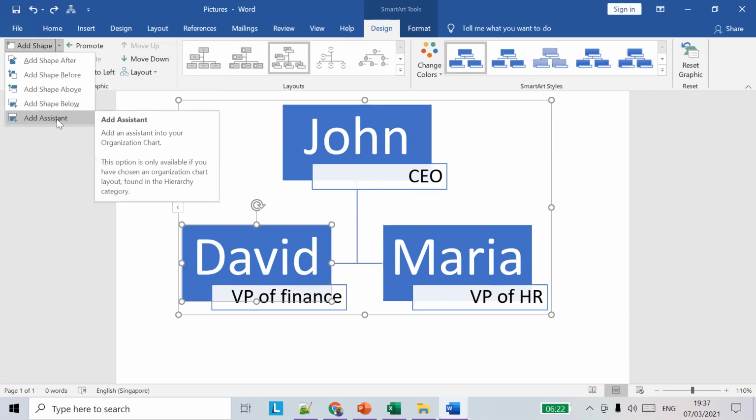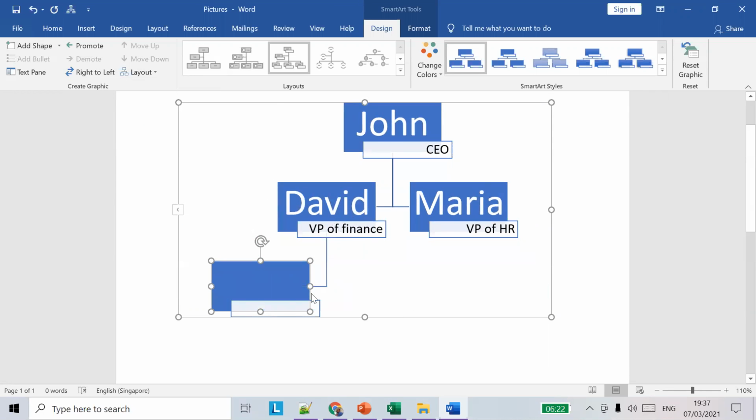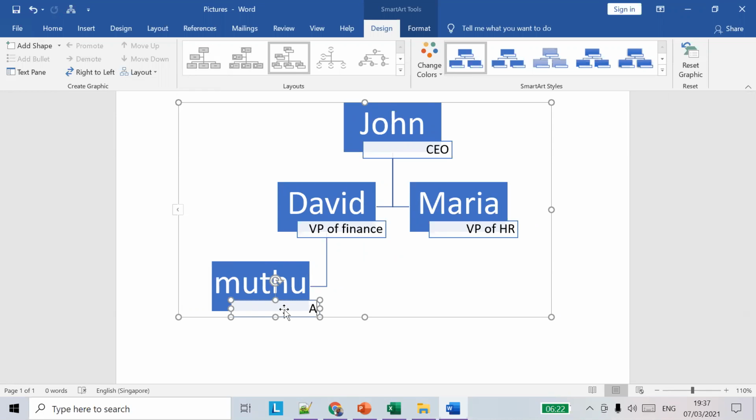If you do add assistant, someone becomes assistant VP of finance. So let's say Muthu. Muthu is the assistant VP, AVP, of finance.